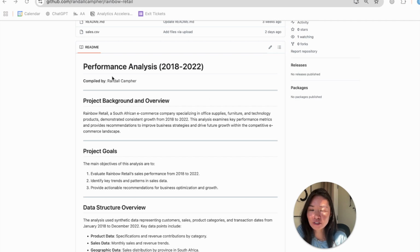Now, first off, titles, just be mindful of this. You should actually title it something that represents a real company and tells someone a little bit more about what the product is actually about. So for example, I would say something like Rainbow Retail Sales Performance Analysis 2018 to 2022. And then the project background overview. So South African e-commerce company